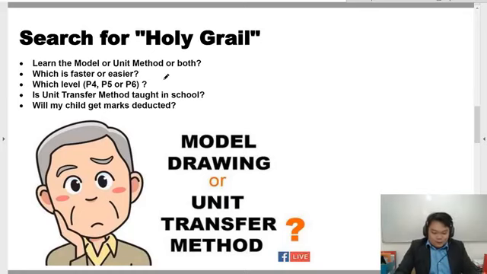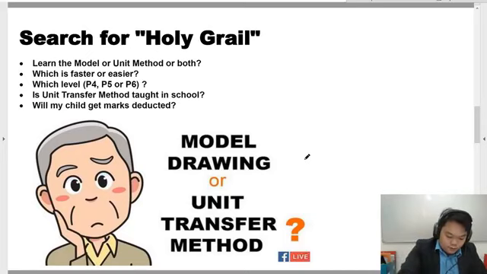Which level is this for? Now, the units method starts as early as P4, but by P5 everyone will be exposed to it. The issue here is that at the P4 level, we need to start making exposure of the units method to them. And why is that important? Because in Singapore Maths,